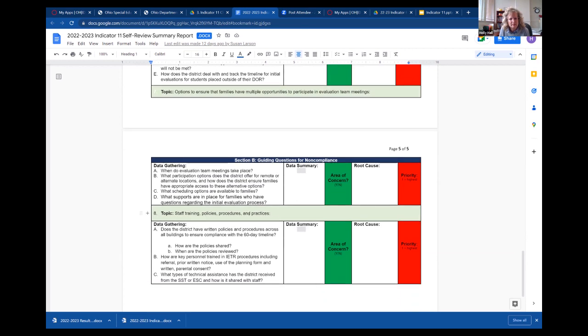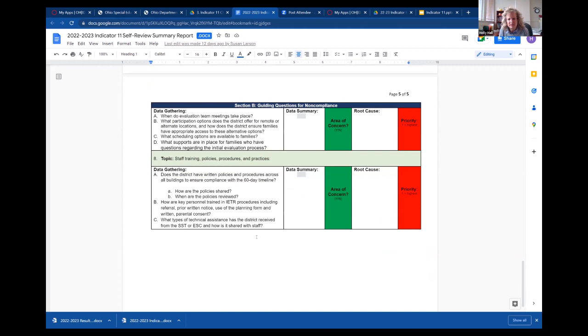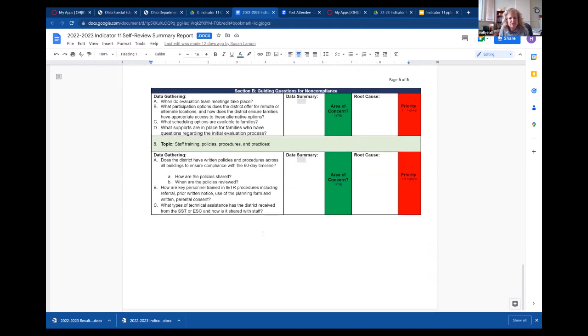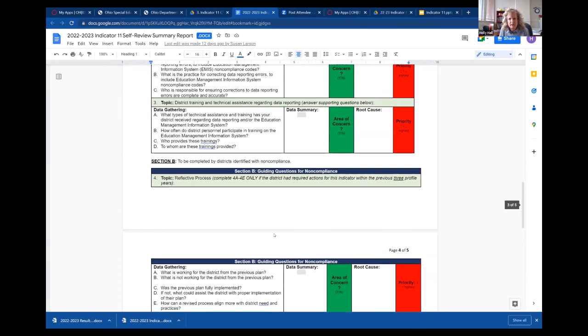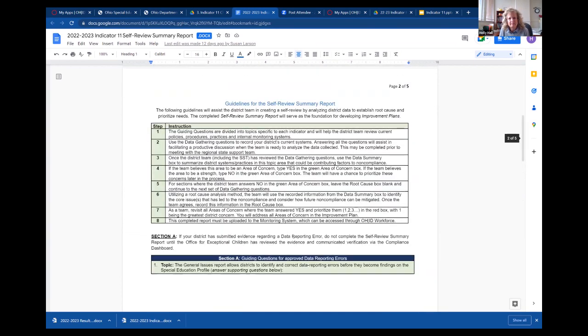And then topic 8 is all around staff training, policies, procedures, and practices. We know many of you have been updating your special education procedures. So I'm going to scroll back up to the top here